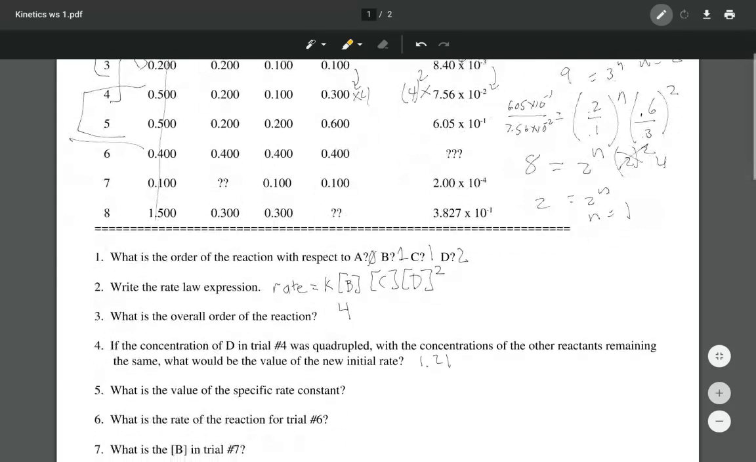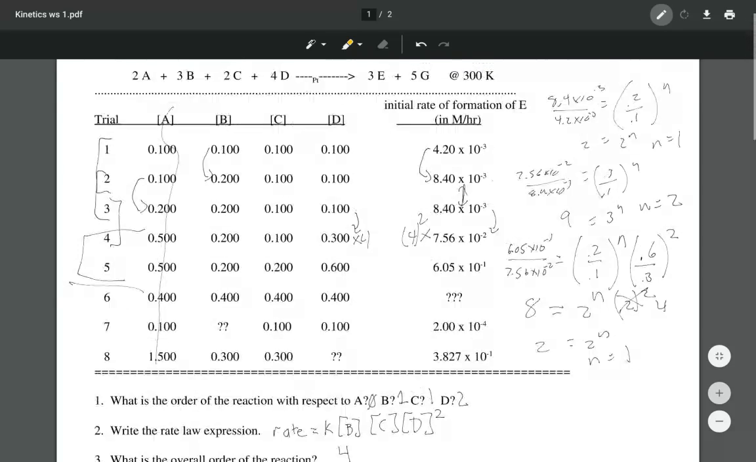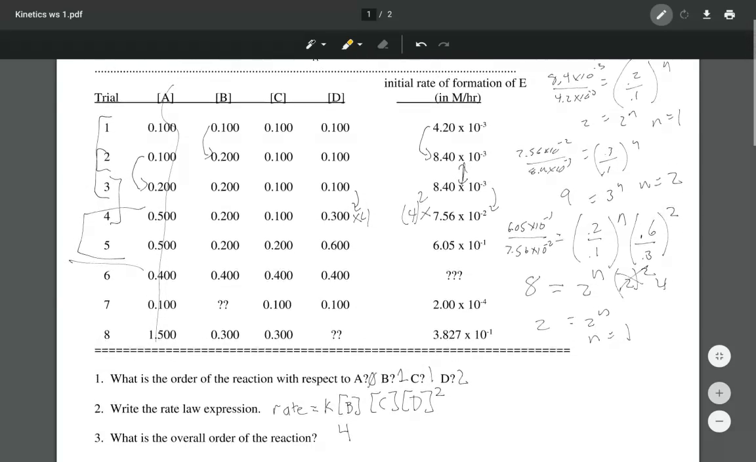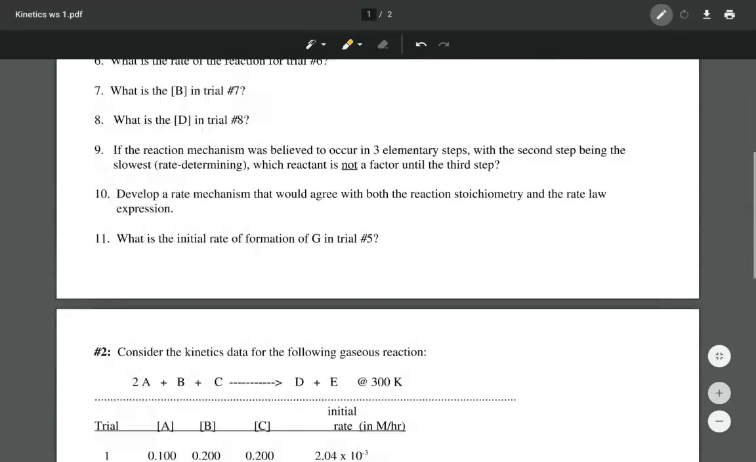Right? And then it's asking what's the value of the specific rate constant. Well, that's going to be a case of picking a trial and plugging the numbers in. Right? So I'm going to leave most of the rest of this worksheet up